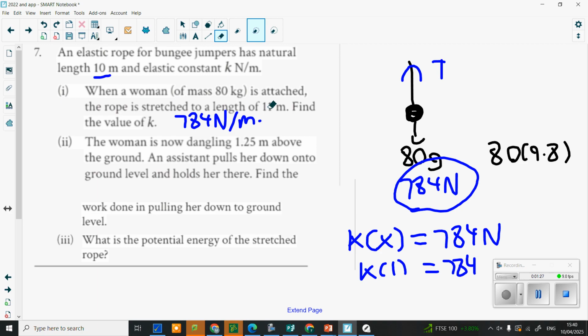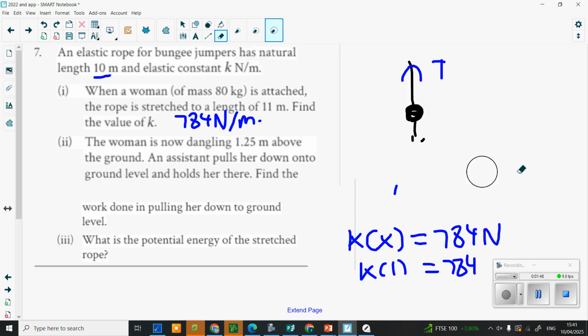So, now, the woman is dangling 1.25 meters above the ground. An assistant pulls her down onto ground level and holds her there. Find the work done in pulling her down to ground level. Okay, so once again, we're representing this by